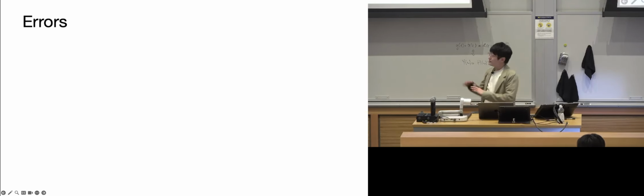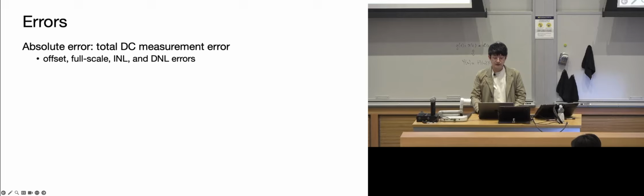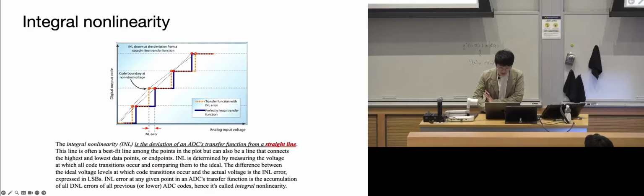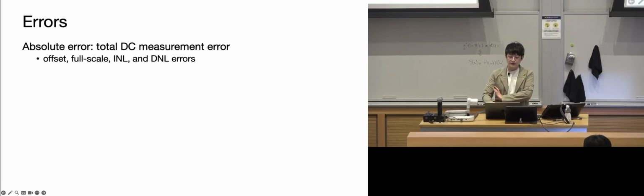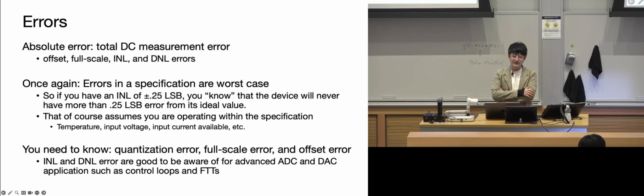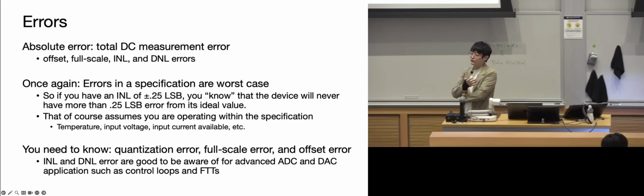So, to give a quick summary, we have the absolute errors. We can have offset errors, full-scale errors, integral nonlinearity, differential nonlinearity, all these types of errors that could happen in the actual hardware. You don't have to worry too much about debugging them, I think, but just be aware that you need to know this. And how do you know all this? It's going to be in the datasheet of that actual hardware. So read the datasheet as usual.